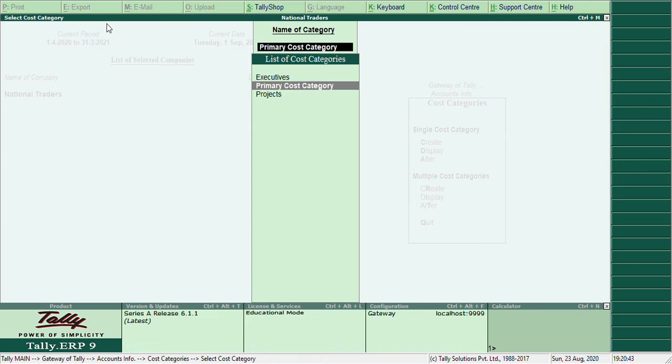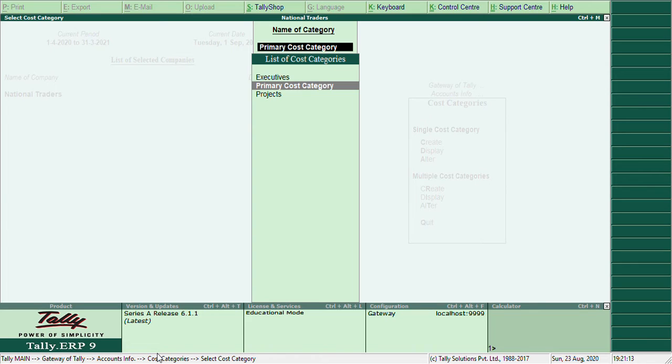Now let us learn cost center class. What is a cost center class? A cost center class is nothing but, on the basis of predefined parameters set in the cost center class, you can auto allocate the transaction amount to the cost center in the background.